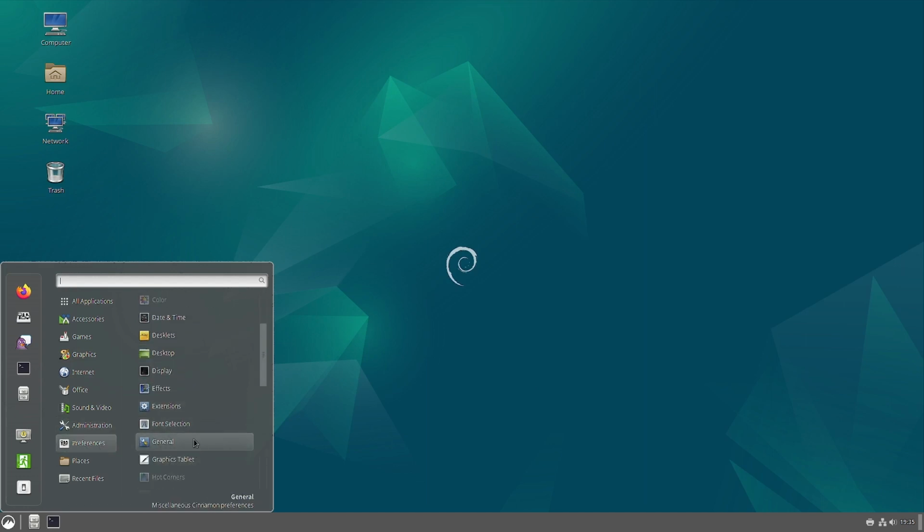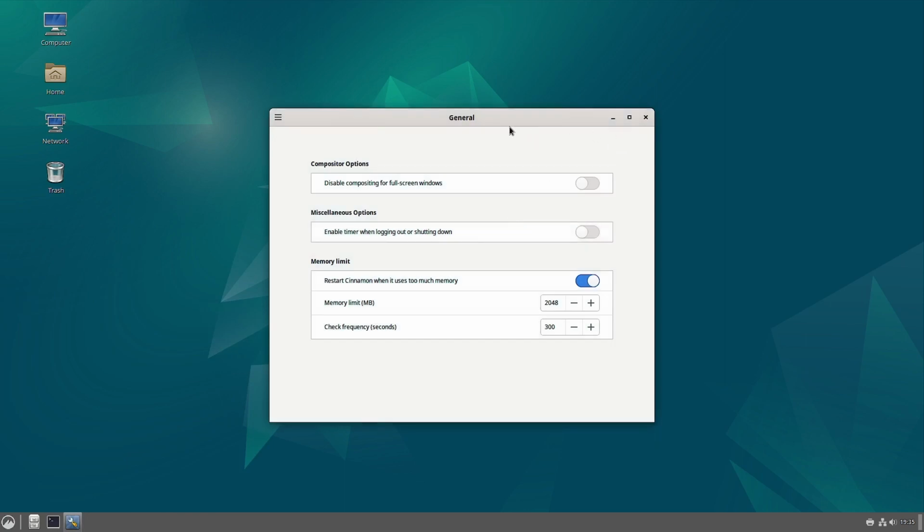Everything is there. General, let us check out. So these are the general settings for the compositor, miscellaneous options, memory limits. So Cinnamon has got a feature that if it exceeds a certain amount of pre-configured memory, then the whole desktop will restart. So it will restart the Cinnamon desktop session. So you can specify the memory limit,